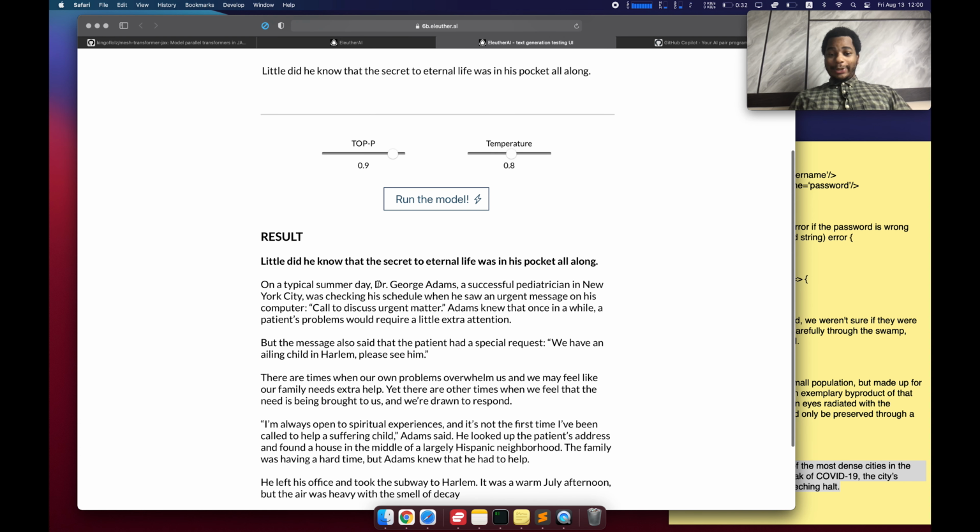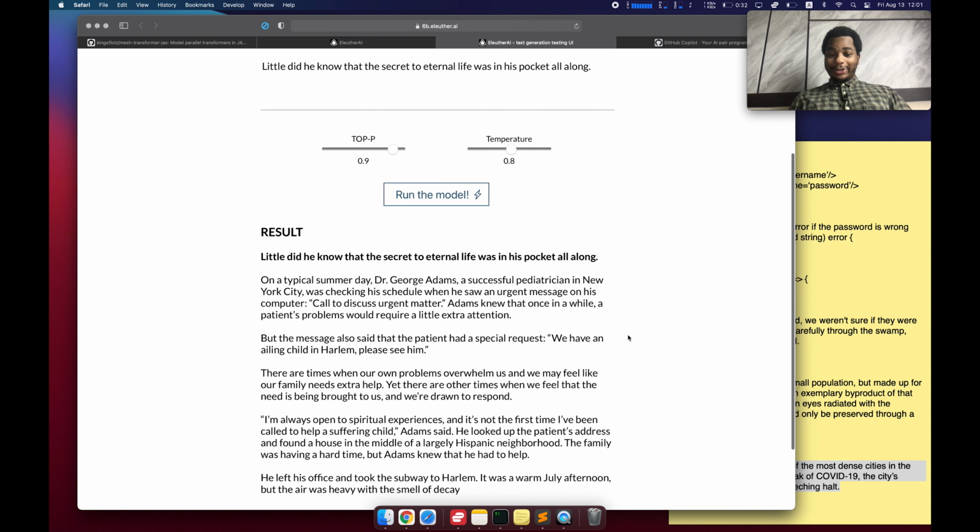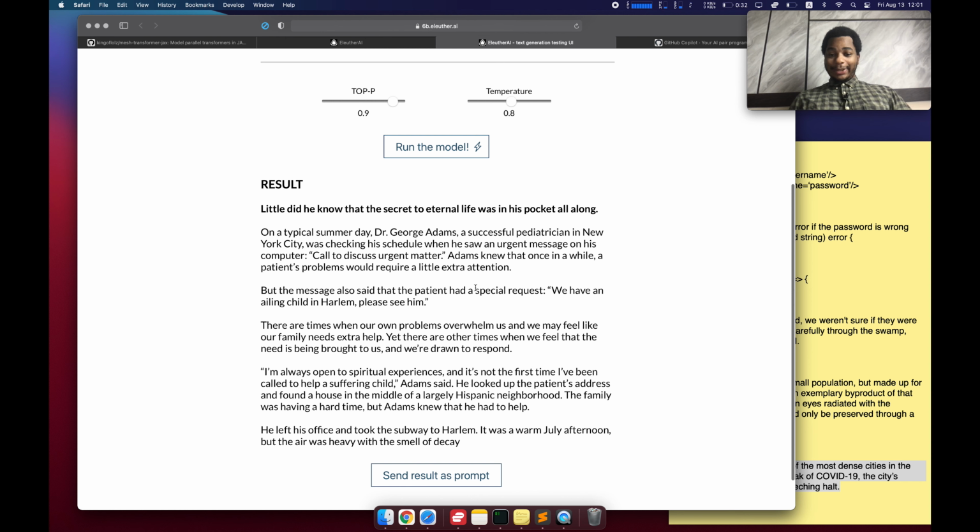On a typical summer day, Dr. George Adams, a successful pediatrician in New York City, was checking his schedule when he saw an urgent message on his computer, called to discuss urgent matter. Adams knew that once in a while a patient's problems would require a little extra attention, but the message also said that the patient had a special request. We have an ailing child in Harlem. Please see him. There are times when our own problems overwhelm us and we may feel like our family needs extra help. Yet there are other times when we feel that the need is brought to us and we're drawn